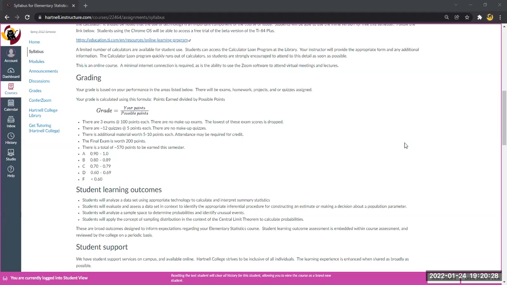analyzing statistical outcomes. And students are going to apply concepts of sampling distributions in the context of what we call the central limit theorem to calculate probabilities. The math behind statistics is truly high level. It's graduate level mathematics and above. Fortunately for us, it's also very mechanizable. Your calculator loves to do statistics.